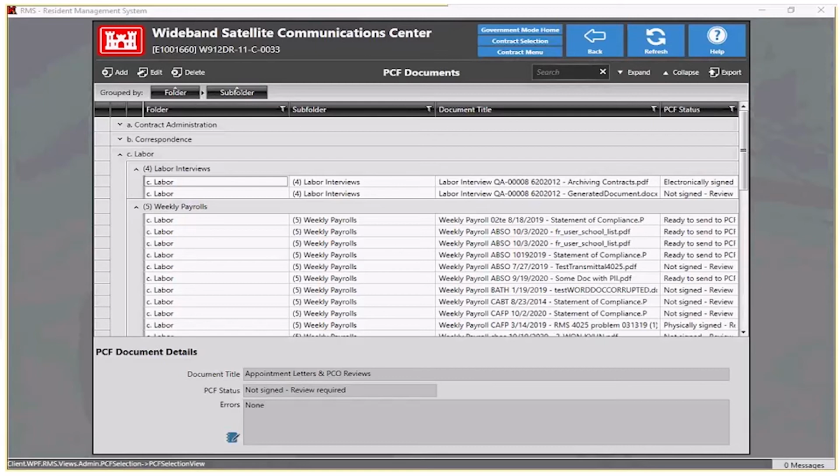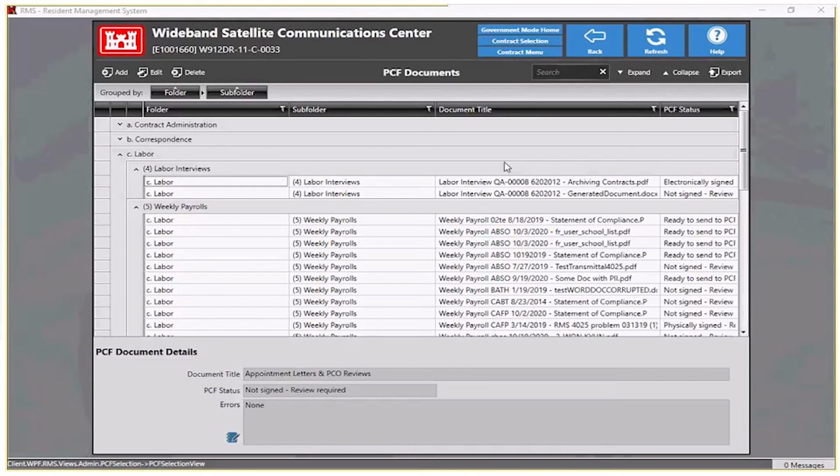I think we've answered this one, but I just want to make sure. This one's from Melissa. She says, does this mean that anyone on the contractor side who is given access to RMS for that contract can see the PII submitted on the contractor side? No. So on the contractor side, if you have